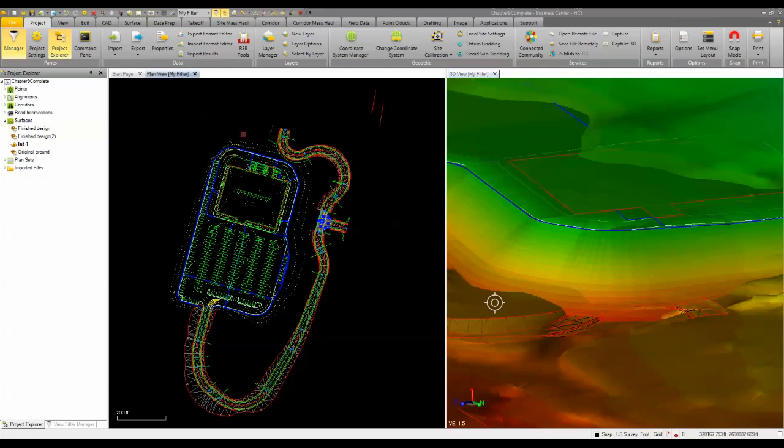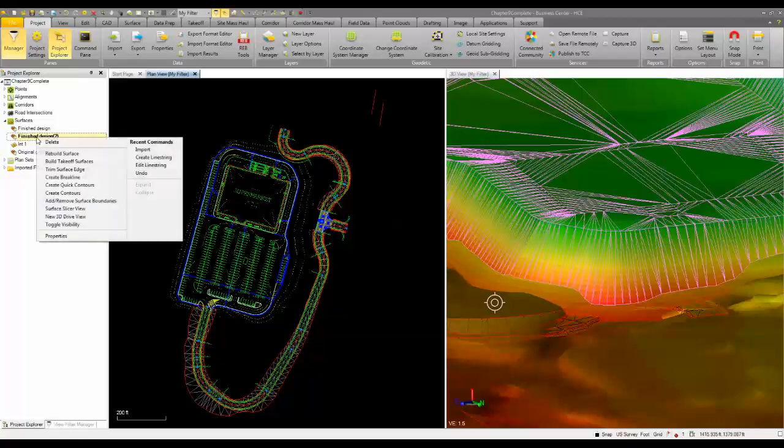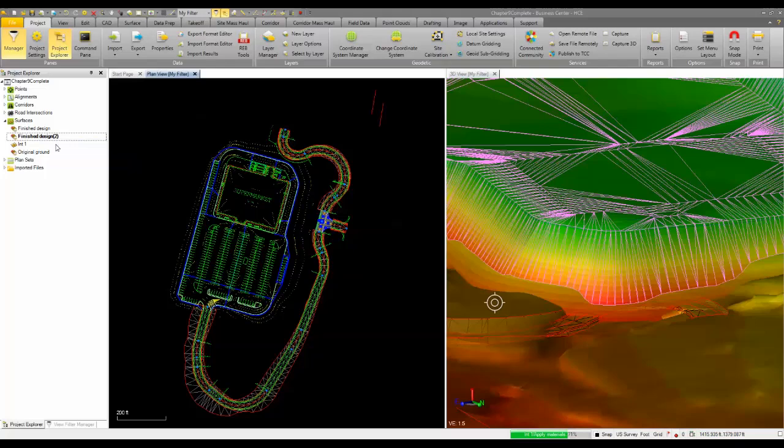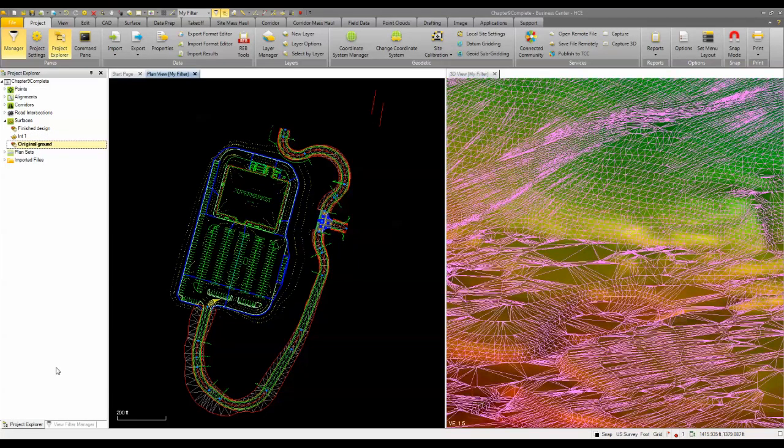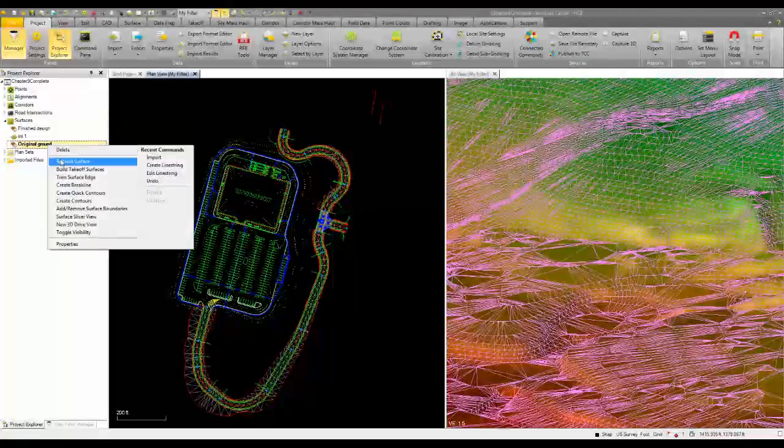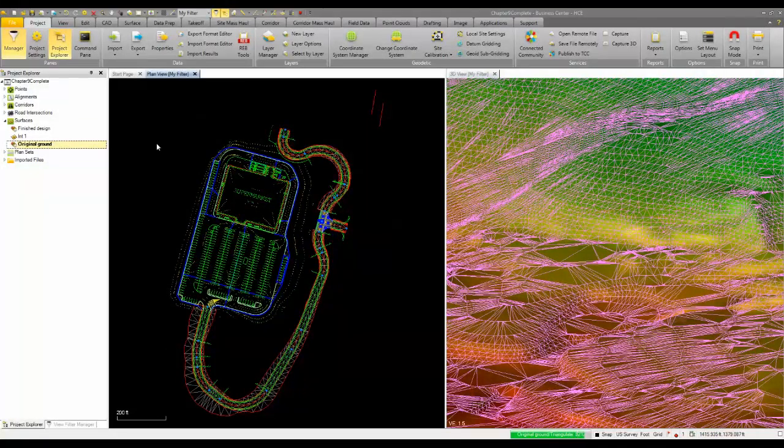It's also going to bring in this finished design, which is our preliminary one. We're going to delete that, we don't need that. We can then rebuild the original ground, so we'll rebuild that surface